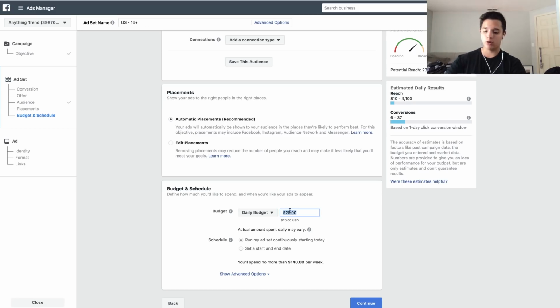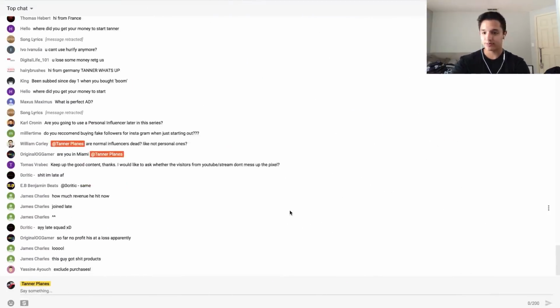Because when retargeting, you don't want to spend a lot of extra money because it takes a little bit of time to actually make some money with retargeting ads, dependent on how good your traffic is. I know I have a lot of random traffic visits, so I'll be retargeting all you guys that have been on the website.